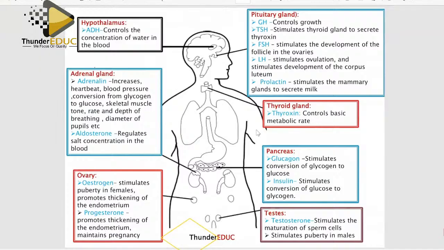This diagram, you need to know it so that you are able to, you see this? This is a summary of everything I've talked about. It controls the amount of water in the body. You see, the amount of water in the body is for emergence. We talked about it. This regulates the amount of salt. We talked about it. So if you want to remember, I'll show you how you can remember. Aldo, which means it comes from the word salt. Okay, I'll show you how you can remember them afterwards.